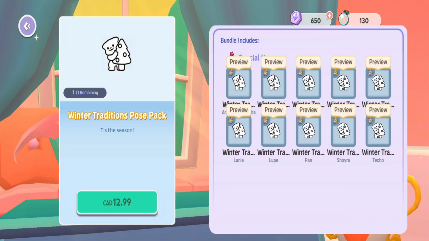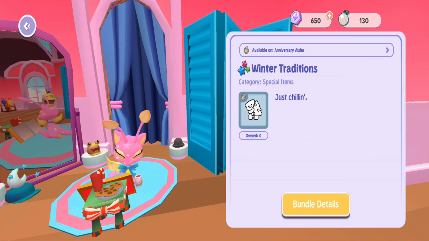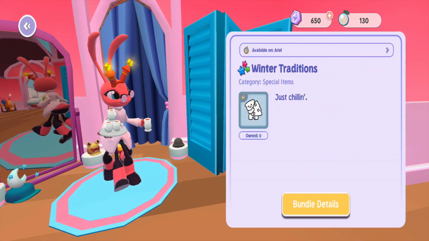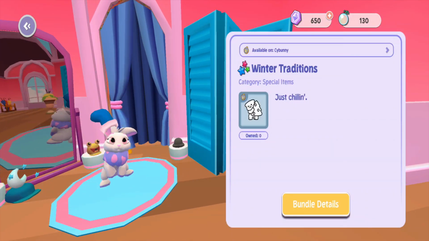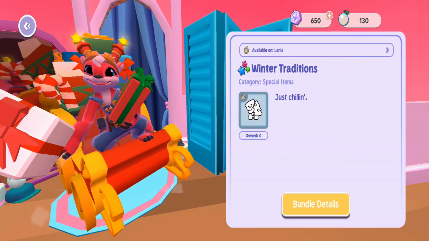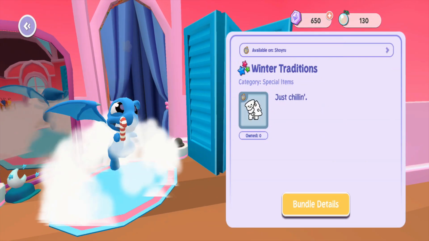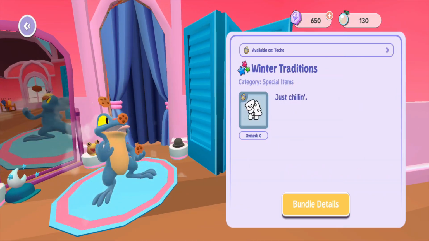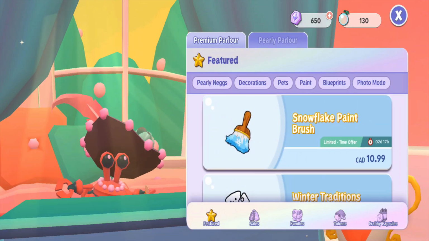Winter Tradition Post Pack? What is this? 'Tis this season. What? Just chillin'. Wait, what? What? Pose pack? Wait, what? Is this for picture mode or something? I guess. This is weird. Yeah, look at this. So what's the bundle details? Well, I see. Oh yeah, we're gonna introduce that guy at some point. Then we got him. Yeah, we did that. Interesting. Available on... Okay. Weird, that's the first time I've seen this. Well, that's gonna go away soon anyways, so...